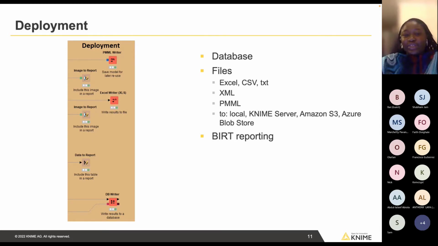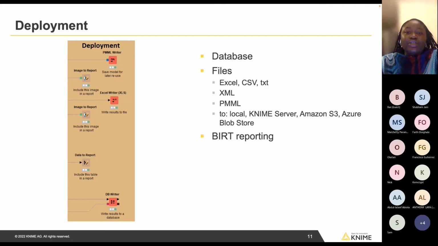I also forgot to mention at the beginning, forgive me, KNIME is completely open source and it's free. So you can download KNIME today on your computer for free. You don't have to pay for anything. And the good thing with open source tools is that you can also contribute to the tool. For example, you're using a particular node and you notice that there's a step that ideally should be included in order to make the process easier. You can